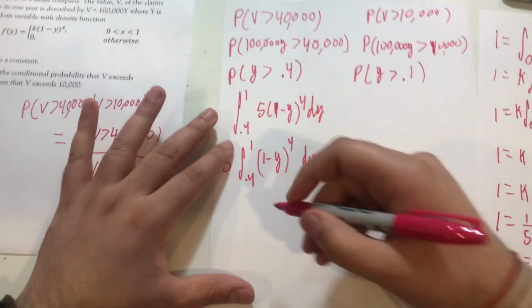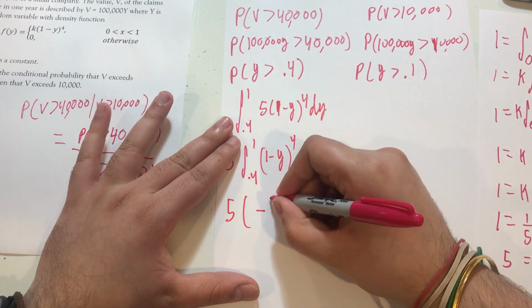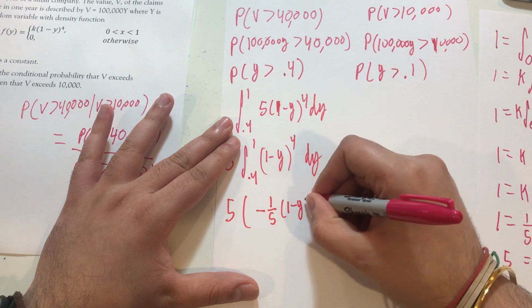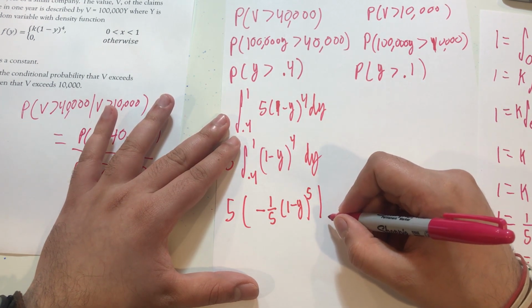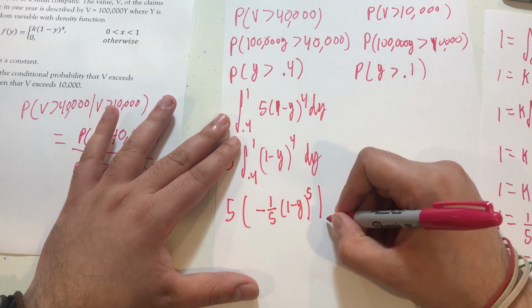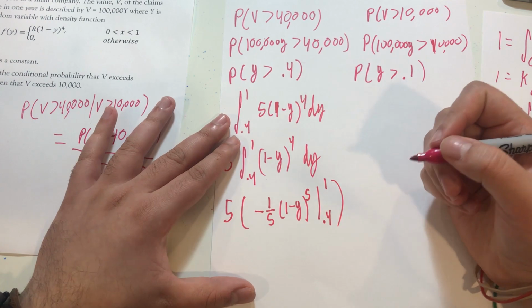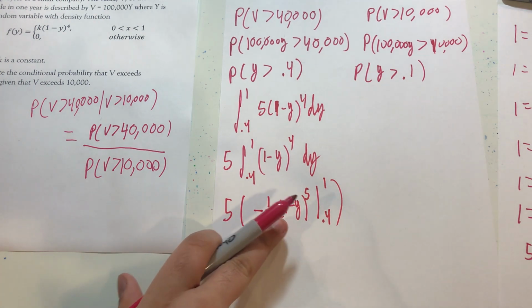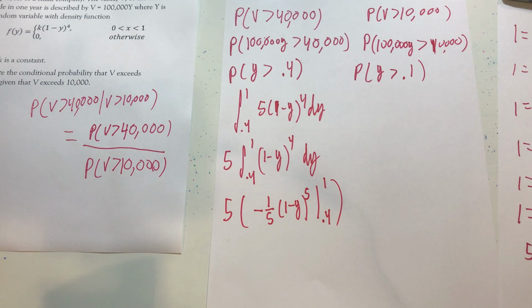Okay, so this is going to end up being 5 multiplied by negative 1 over 5, because we computed this earlier, 1 minus y raised to the fifth, except we're just evaluating differently. Rather than evaluating from 0 to 1, we're evaluating from 0.4 to 1. Evaluating from 0.4 to 1 gets us, so let's see, here it's 1 minus 0.4, which is 0.6. 0.6 raised to the fifth